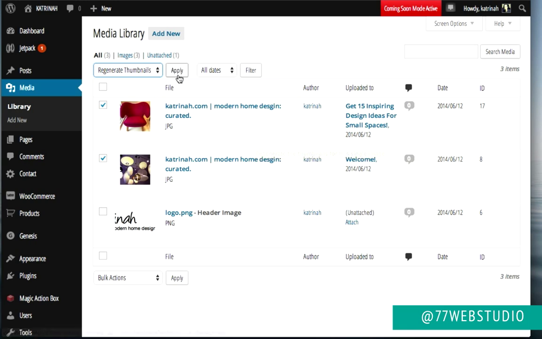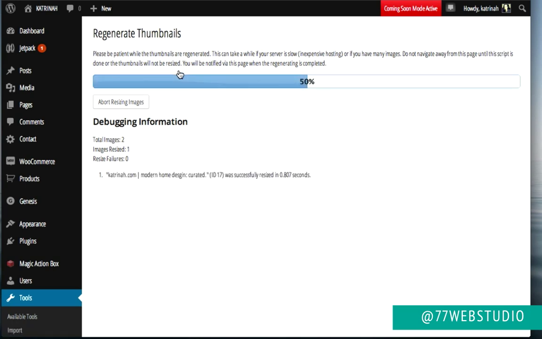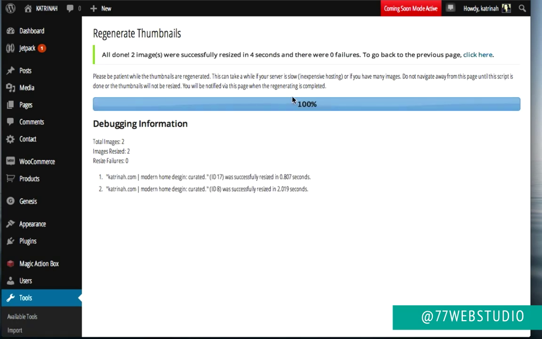Also note, you can simply hover over the actual product right here and click on Regenerate Thumbnails down below. So, okay, I'm going to do this in bulk though. I'm going to do them both at the same time. So I've got them both checked. Then I have Regenerate Thumbnails here. Then I'm going to click on Apply to start regenerating the thumbnails for those two products. Okay, once both products have been successfully regenerated, we're good to go and we can continue with our WooCommerce settings.